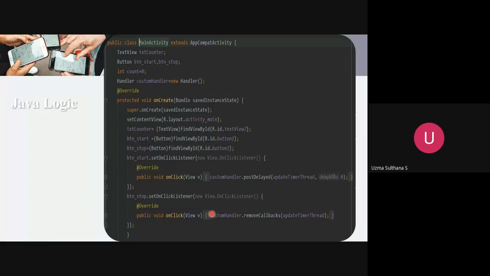Did I come out of the meeting? Students, are you able to hear me? Yes, ma'am. Okay, you are able to see the screen as well? The presentation, ma'am, not the Android Studio. Okay, one second. I guess you guys are also facing the system getting stuck.